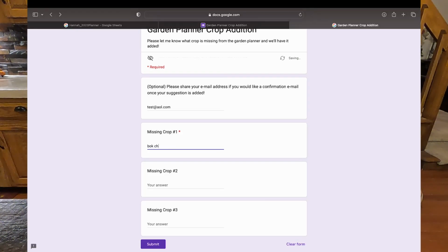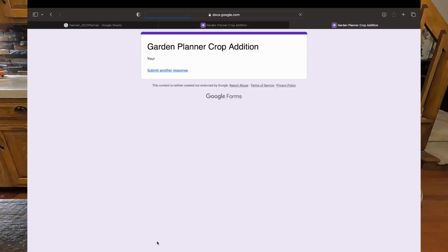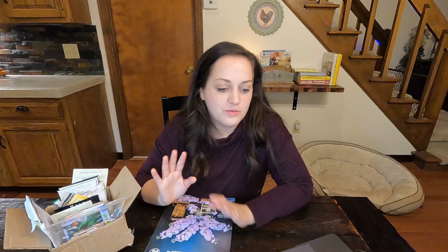And this is, you can submit as many of these as you like. We'll do bok choy, maybe thyme. I don't think thyme is on there. You can submit that. I'm hoping to get these turned around pretty quickly, but this is a working document, so it's interactive. As soon as I get that added, you'll be able to use it in your spreadsheet, but I'm looking forward to adding to this as you all are putting those submissions in. So fear not, if there's a crop missing, we can certainly get it added for you. Okay, the last thing that I want to call out mentioning is